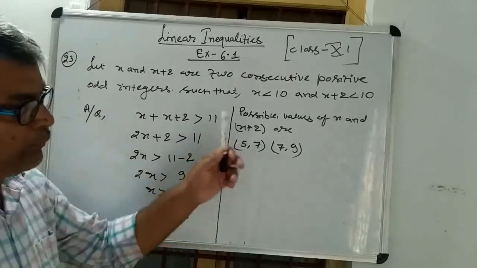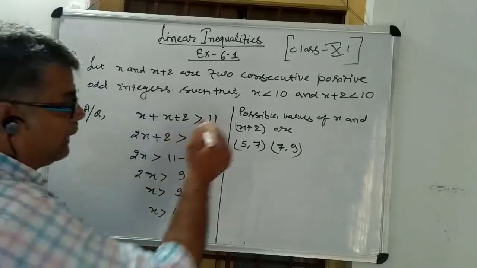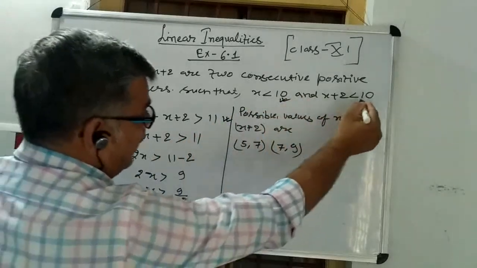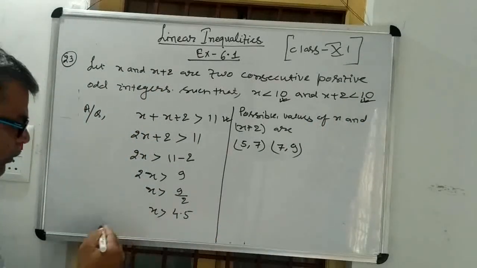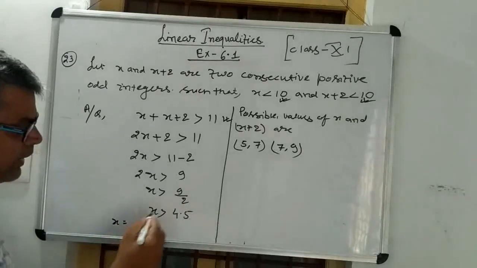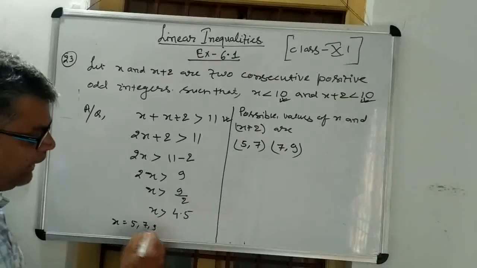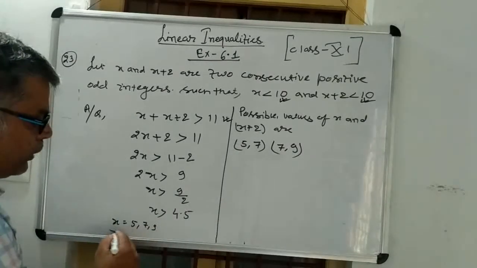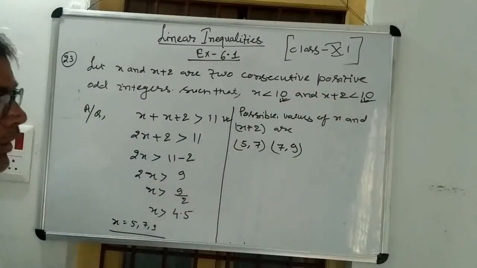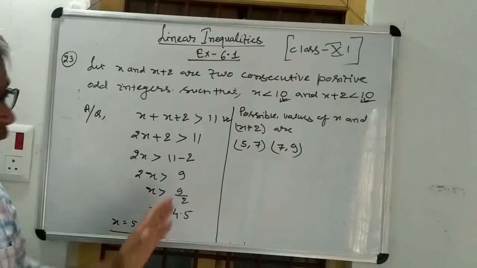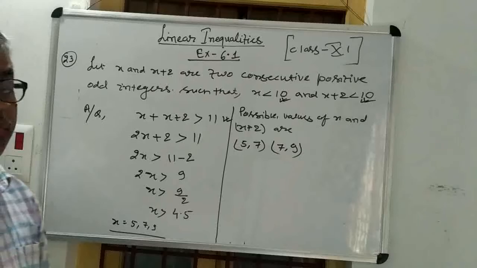To get the solution, we have to check each and every inequality. Here, 3 inequalities are given: this one, and this one. You have to check all the inequalities. Here, the value of x can be written as 5, 7, and 9 also. But as you know, the value of 9 is not satisfying this inequality, so we will not take that. Is it clear? So in this way, you have to solve this question.